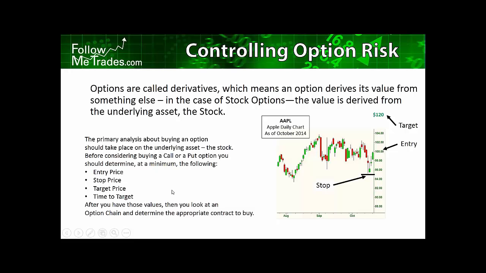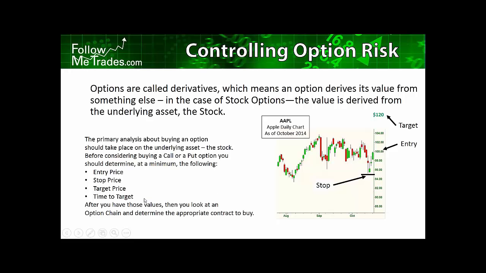So options are derivatives, which means they derive their value from something else. In the case of stock options or ETF options, they're really the same. The value is derived from the underlying asset, the stock. So I think it's critical that all of your analysis take place on the chart before you start looking at options. So the primary analysis on the chart, before I go into an option trade, I want to know the entry price, my stop price, a target price, and a time to target,